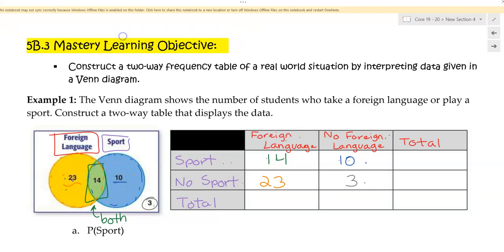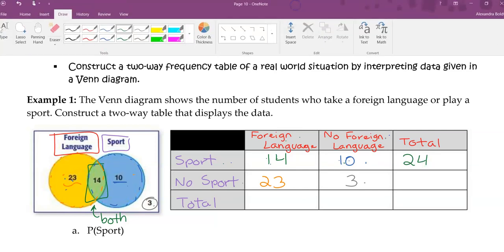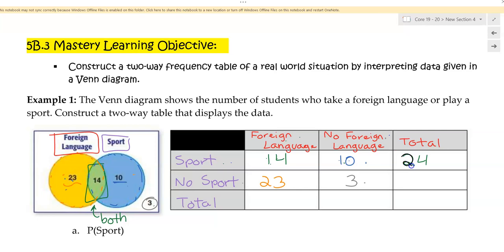Okay. Then I'm just adding up. 14 plus 10 is 24. 23 plus 3 is 26. Going down, 14 plus 23. Well, 1 plus 2 is 3. 4 plus 3 is 7. We get 37. 10 plus 3 is 13. And then 24 plus 26 is 50. All right, again, this is our total. There are 50 total students in this